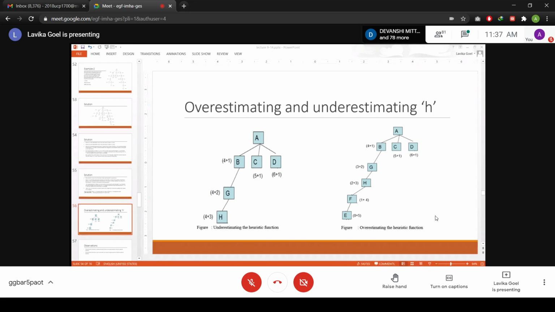That is the case. But if B is not the optimal solution, can we get towards the optimal solution even if we have underestimated the H value of B? That is the situation I'm discussing. The situation is that B might not be the correct path, but we have actually wrongly led towards that B path. So in that case, can we get to the correct path? Can we get to the optimal solution? That is what I'm discussing.